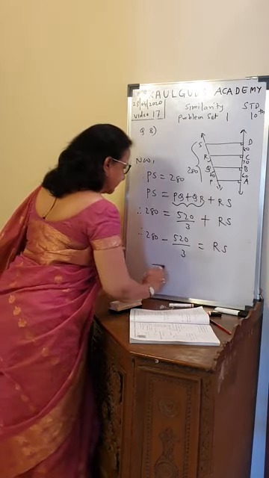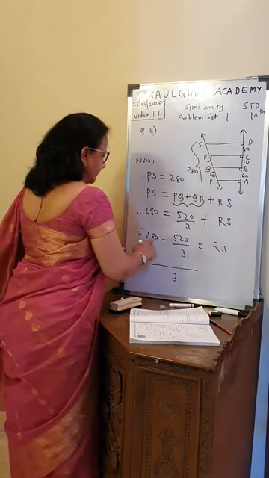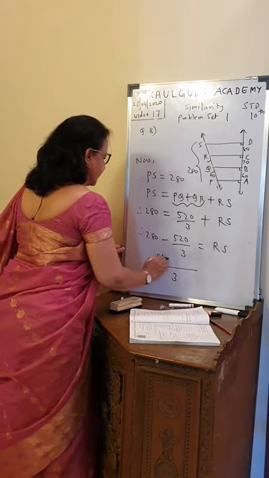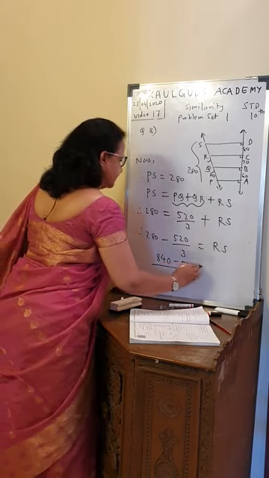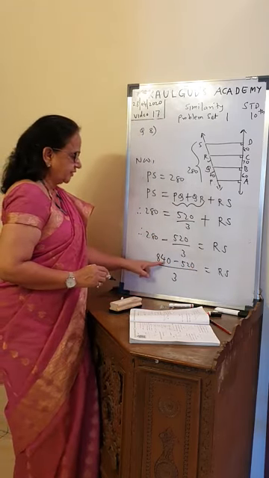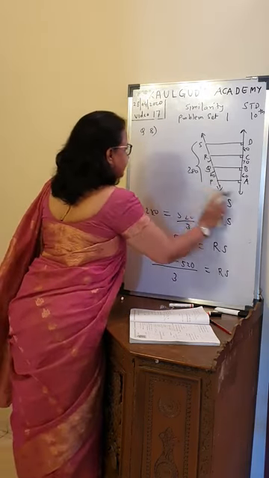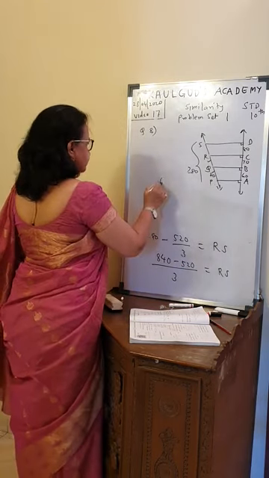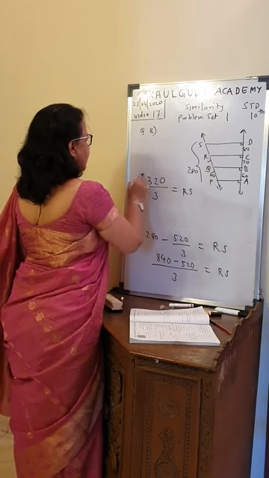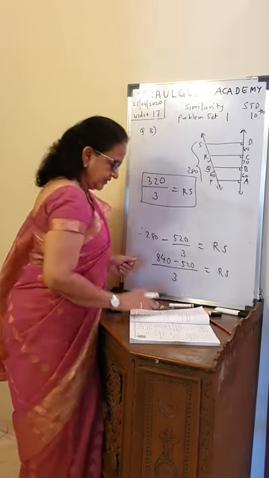Subtraction I am doing, so take LCM as 3. Cross multiply 280 into 3: 8 3s are 24, carry 2, 3 2s are 6 and 2 is 8, and 1 zero, 840 minus 520. That should be equal to RS. So 280 into 3 gave me 840, minus 520, divided by 3. Now subtract these two numbers and you'll get your answer for the third part: 320 divided by 3. That is going to be equal to RS. Even that doesn't divide, so just leave it as it is. Now write all your answers below. They had asked you to find PQ.